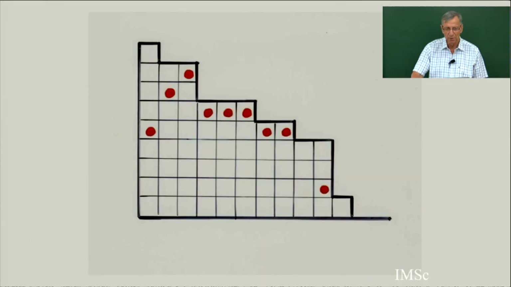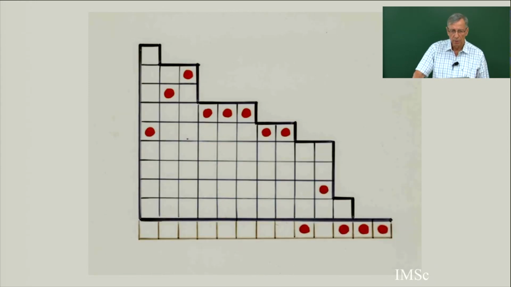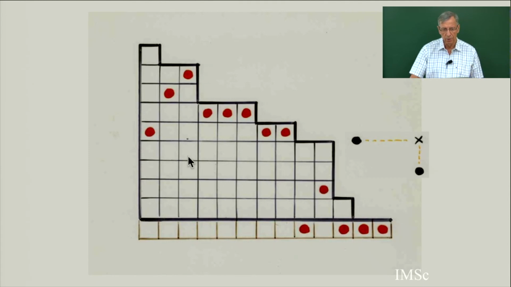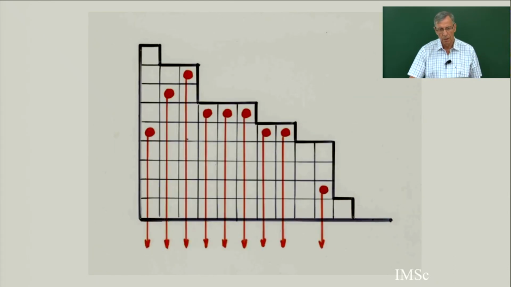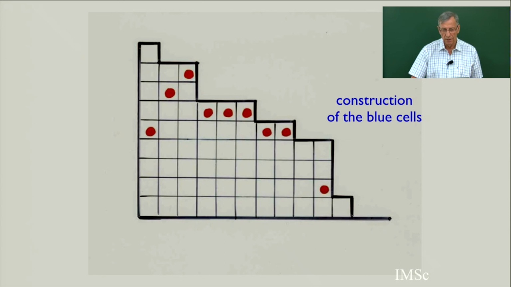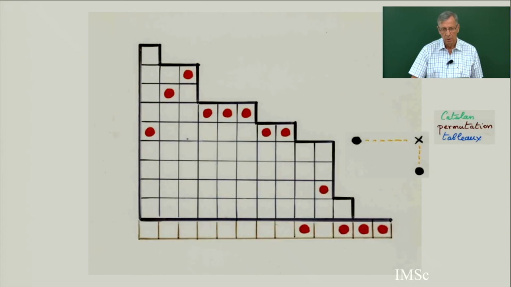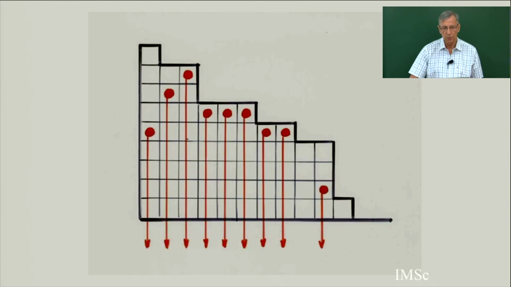For example, if you take this tableau and you add a new column, this tableau is going to be a Catalan permutation tableau. To get back the blue points, which I have deleted, you don't see that, but to get them back, first I have deleted the first row. Then for each red point, you look below, you put this red line, and now you look at the rows. You are going to put at most one blue point in each row, and so here I am going to put one blue point.